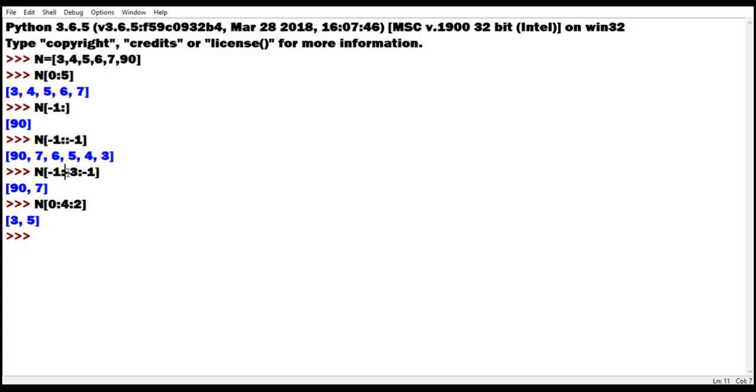So it will terminate at -2. So here it is -1, -2, and it will terminate. And step is -1, then only it is going from right to left. So it has given 90 and 7, as it is going one step less than the stop, means one step before it stops. Whatever value we give, one step before that, it stops. So it will go -1, -2.